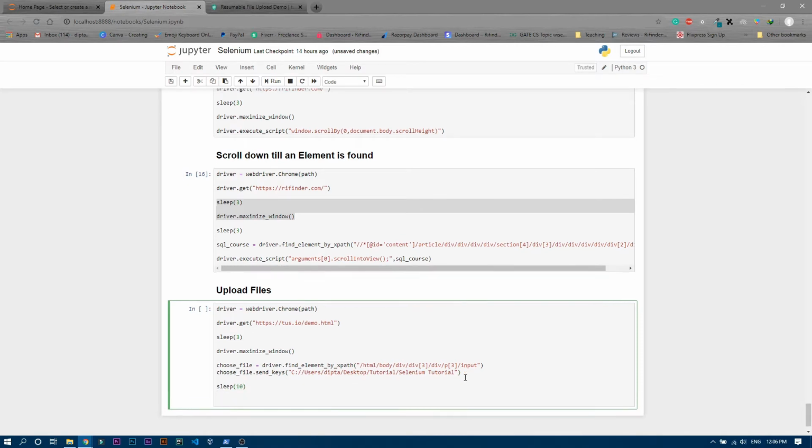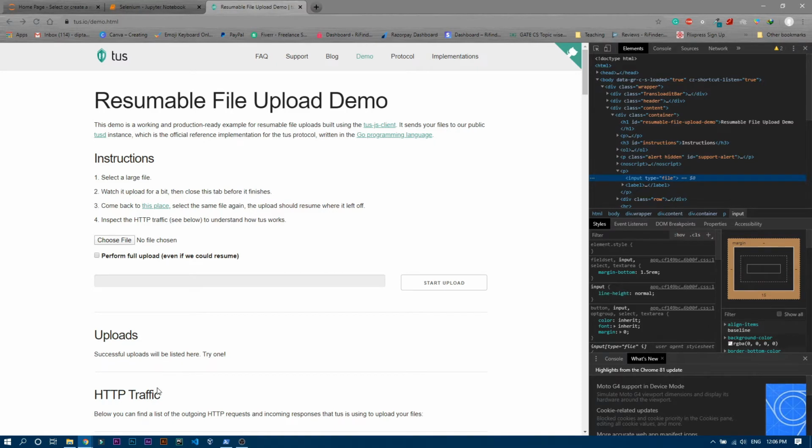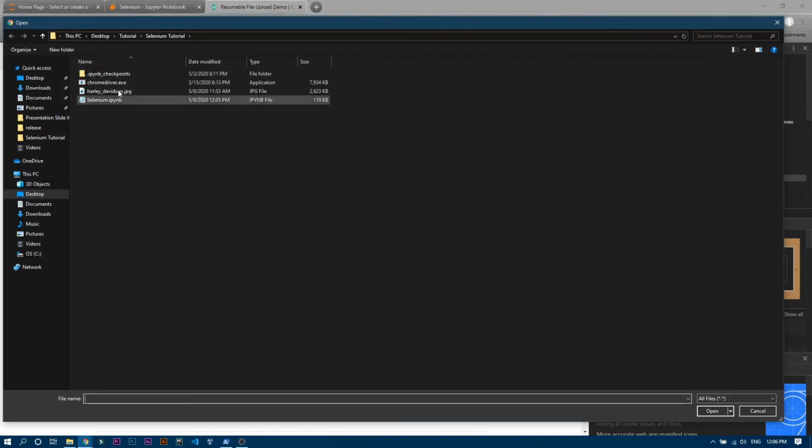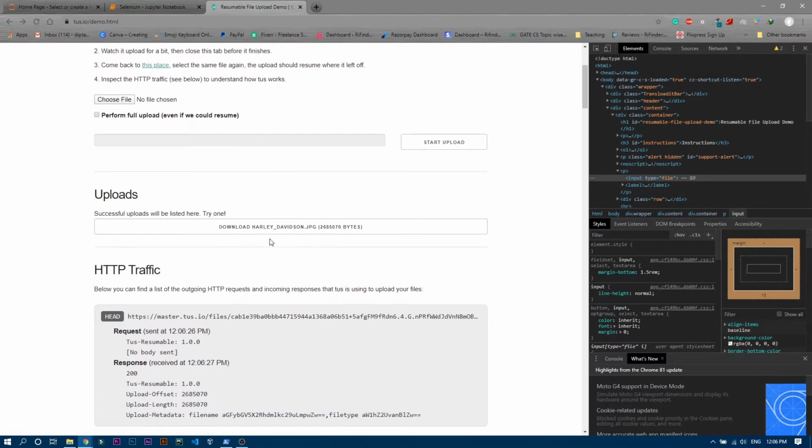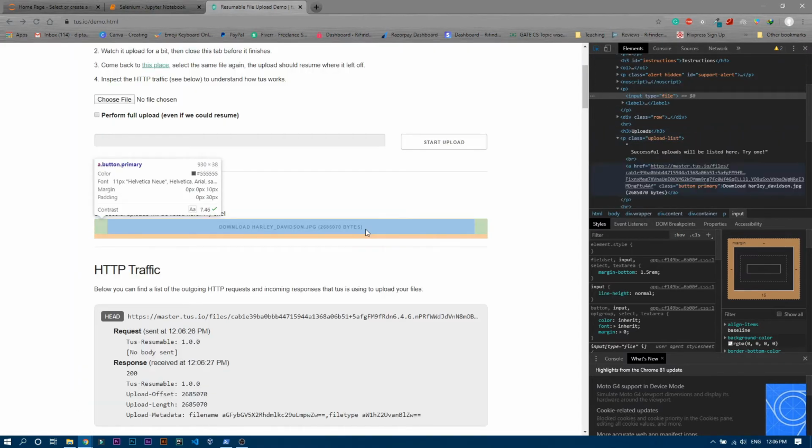After that, we are going to click on that particular section, right? So let me upload that photo again. You can see it uploaded. Now we are going to click on this particular button, right? So I'm going to choose this button.